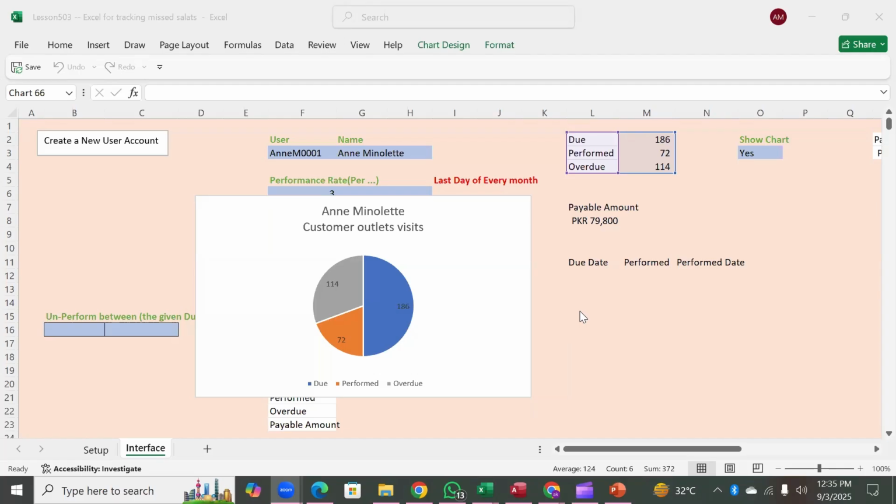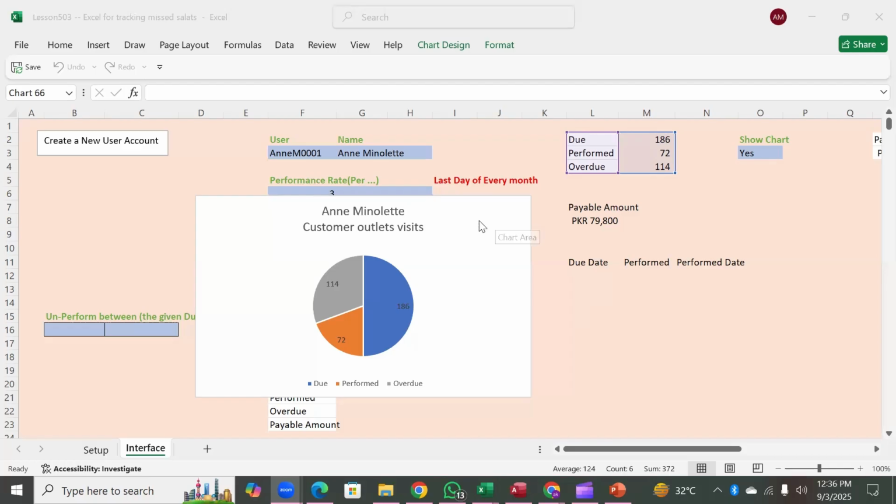Welcome to this series of videos in which we are showing you how you can create a dashboard related to your day-to-day routine activities. And the scenario is that you have some due activities which are due as a default, and they are performed as a default as well, but they are marked as unperformed to make some overdue. Right now, this tool is going to tell you where you are standing, how much backlog is outstanding on your part, and it can serve multiple users, and it can keep track of each user's pattern